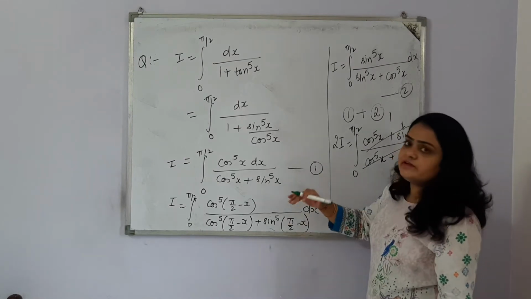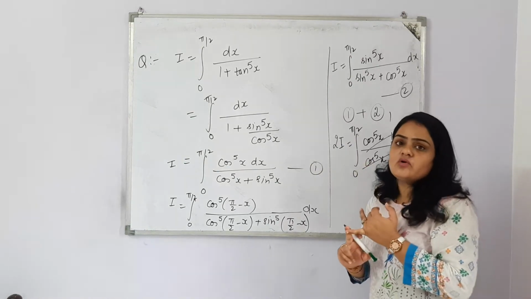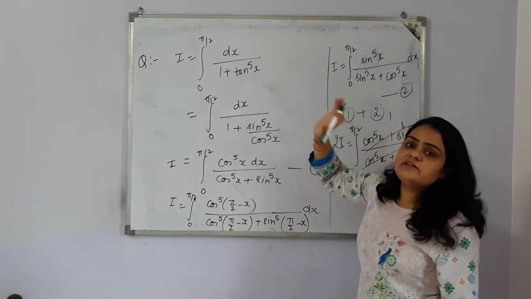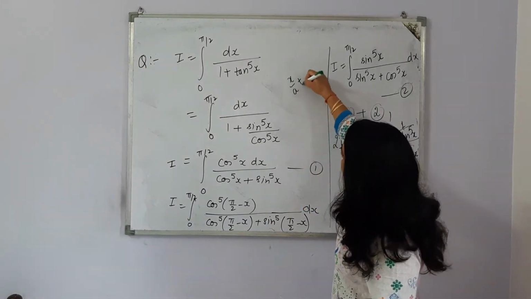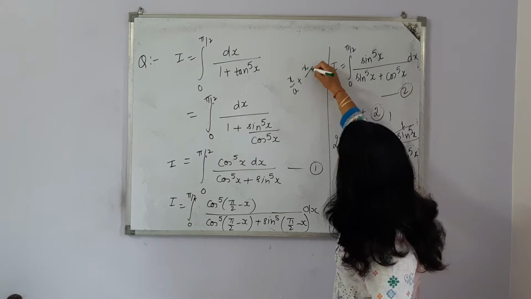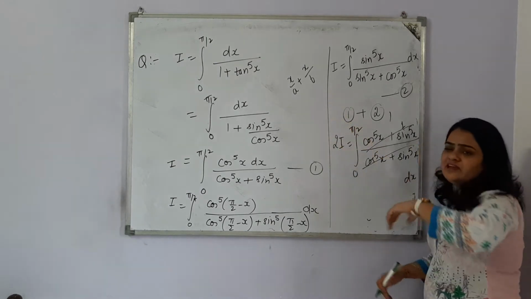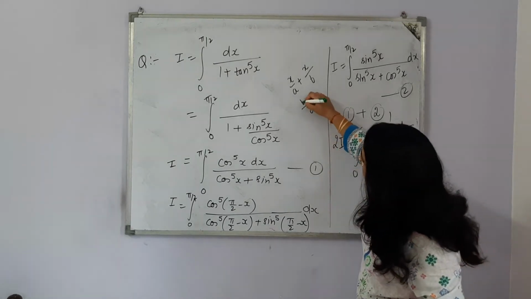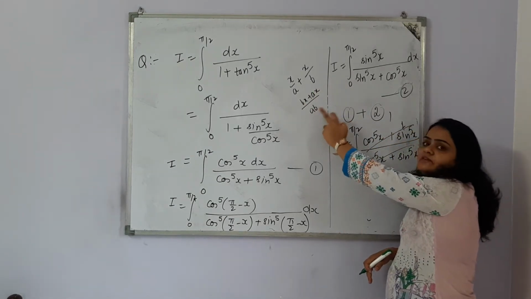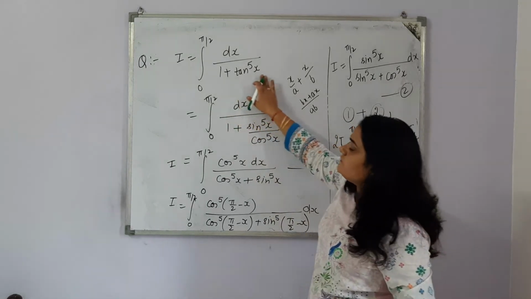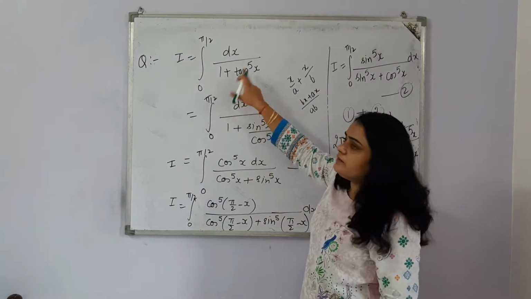So first of all what we did, we simplified the function, because tan will change into cot. It was in denominator. If denominator is not same, if denominator is like this, here it is a, here it is b, you need to take the LCM. So it becomes bx plus ax. So question becomes quite difficult, because a is going to multiply with b. Here a is 1 plus tan raised to power 5x, and after applying the property, b will become 1 plus cot raised to power 5x.